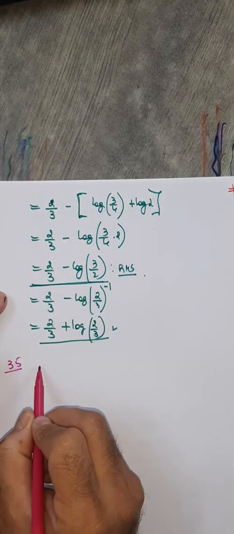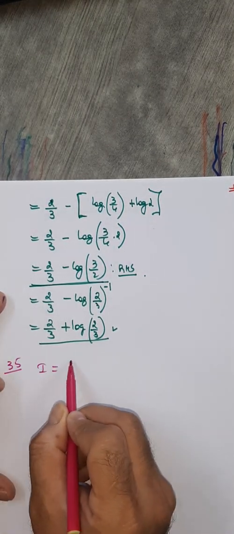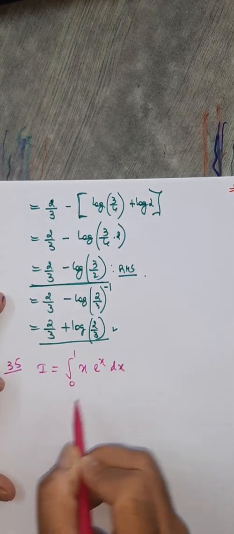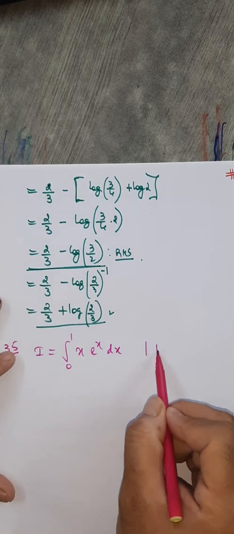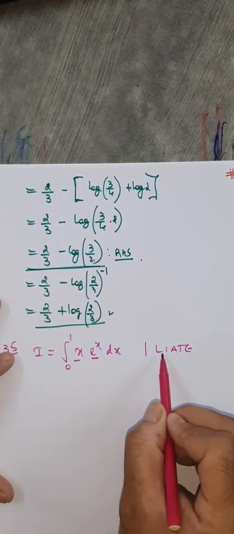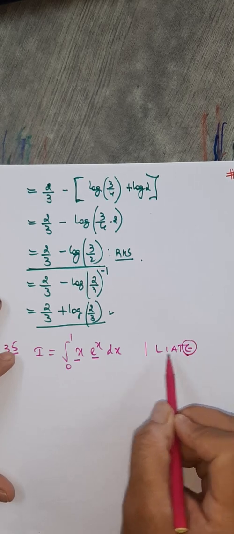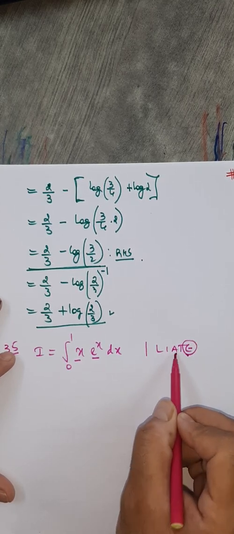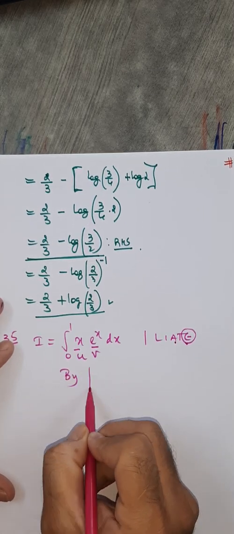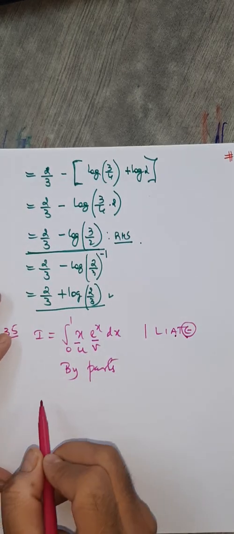The next question, it's very simple, 35. You do it just by parts. I equals integral 0 to 1 of x into e raised to x dx. So this is a combination of which two functions? Exponential and algebraic. Exponential is last, before that you have algebraic. So this is u, this is v. So by parts here,